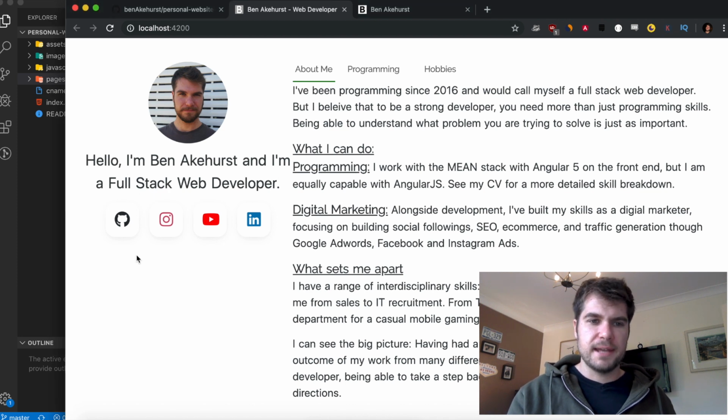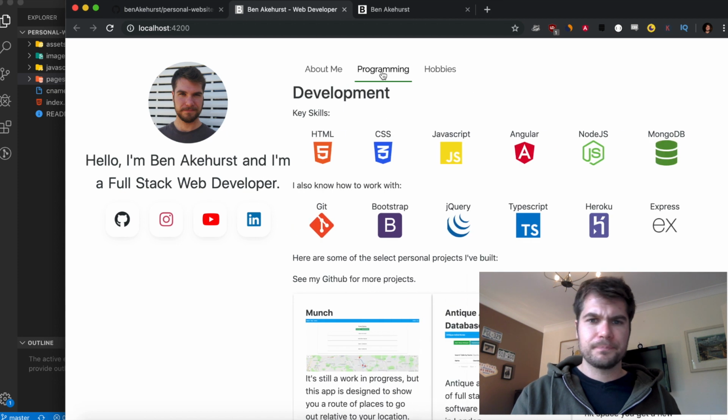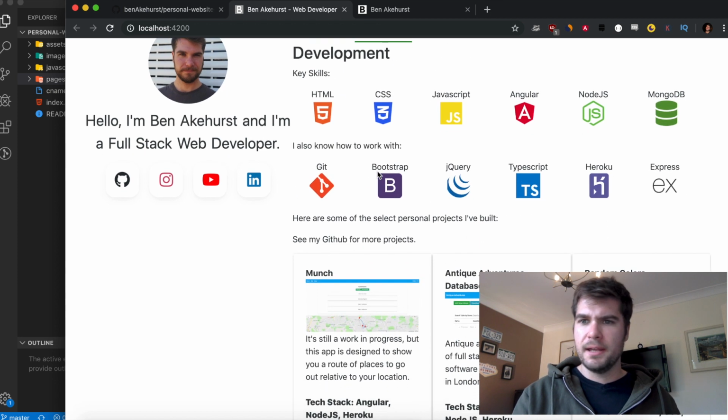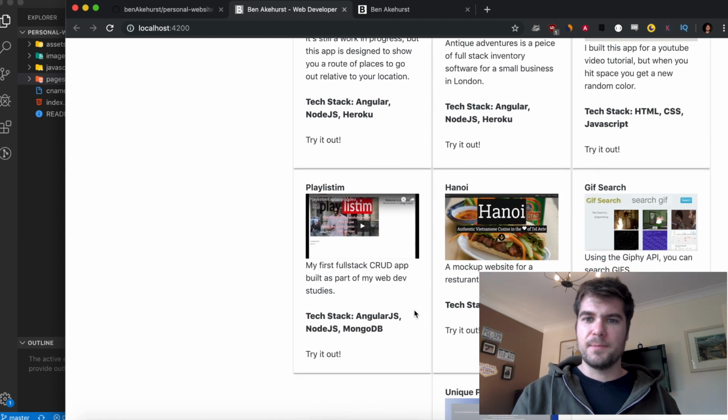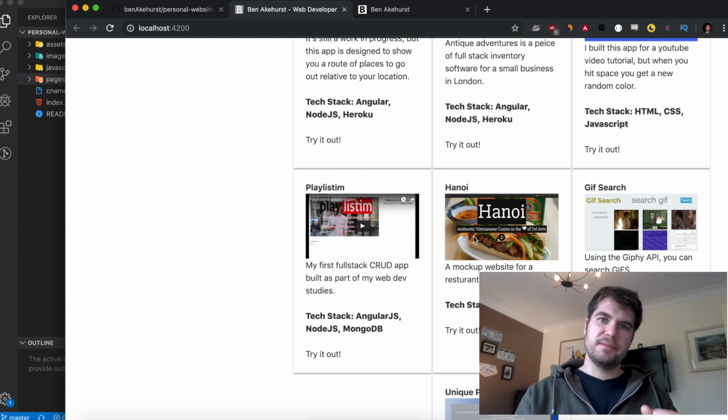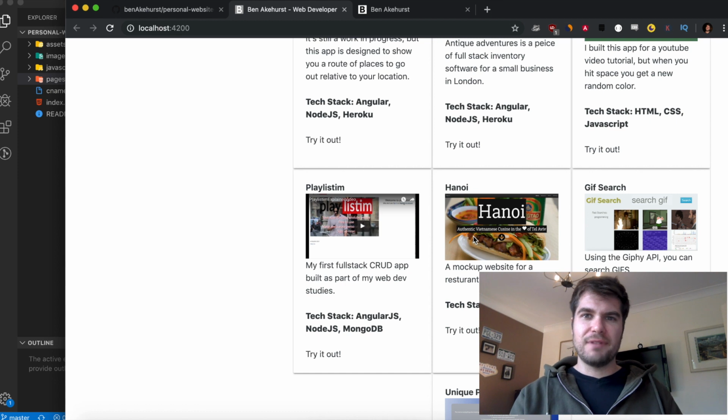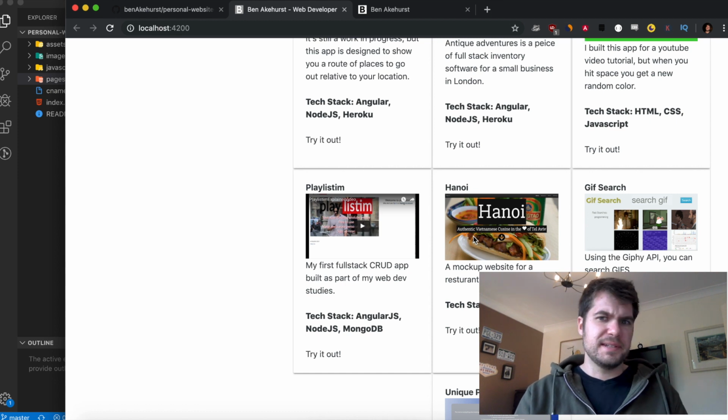I have this element over here which deals with my social media links, and an about me section, sort of like a blurb that I wrote. I even wrote here that I now know Angular 5, whereas now in 2019 we're in Angular version 8. So obviously I wasn't keeping this up to date. In terms of the development stuff, I've just listed out all my skills and all these projects that I've done. Now, I'm very proud of these projects, but it's kind of funny that if you were to find this website now, it doesn't really represent who I am as a developer. It doesn't really represent the skills I have.